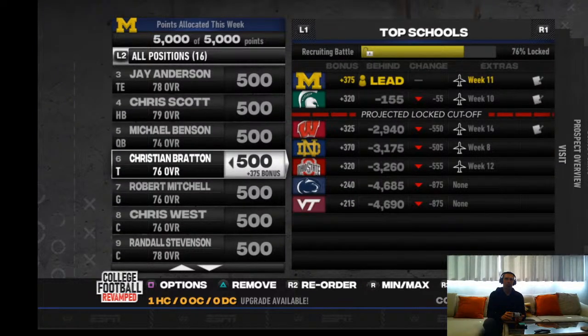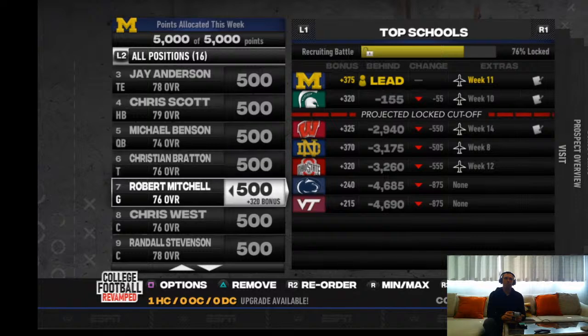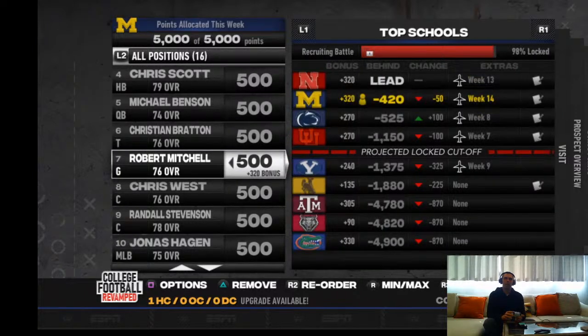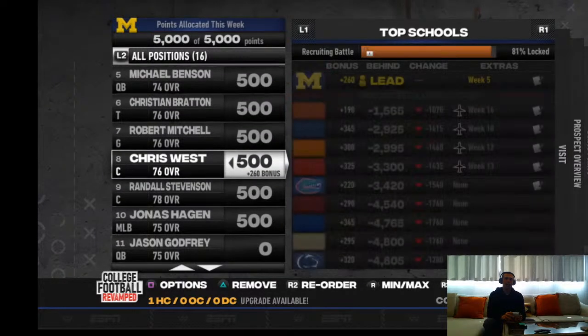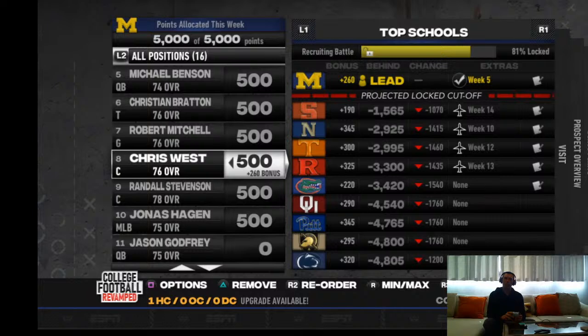Again, the rest of these guys are all going to be 4-stars. So tackle, we've got a comfortable lead and an upcoming visit. Guard, trying to make up some ground here with Nebraska. He's really close to at least locking in this battle. And we look to be comfortably into that Final Four with 3 Big Ten teams and then Utah. Center Chris West should be signing with Michigan, we'd expect, but you never know. He's got some other offers.